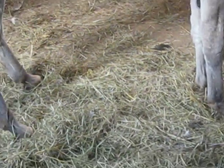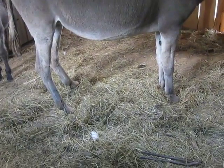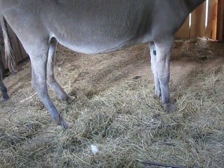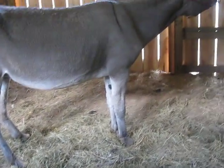It was a rescue, and when we got it, the hooves looked like elf shoes. So how often should it be done? Rule of thumb is six weeks in the summer, eight weeks in the winter. But you've got her on dry lot, or half and half. I mean, we don't have...